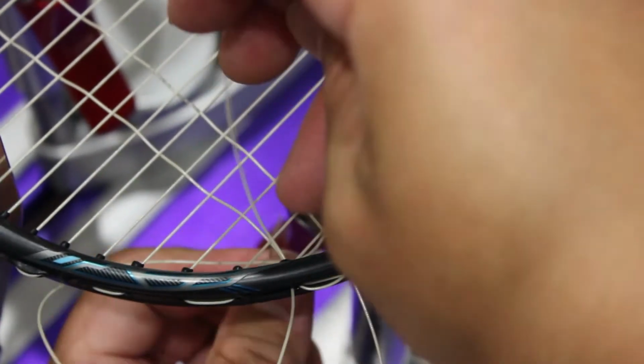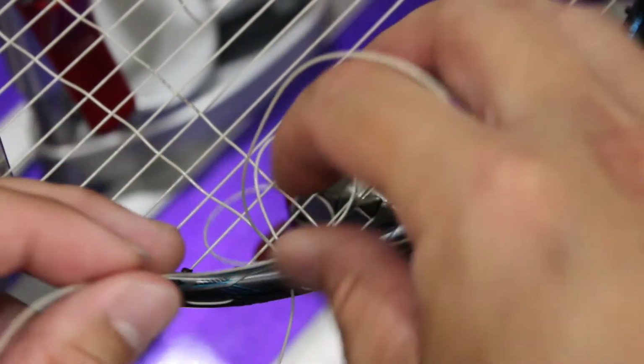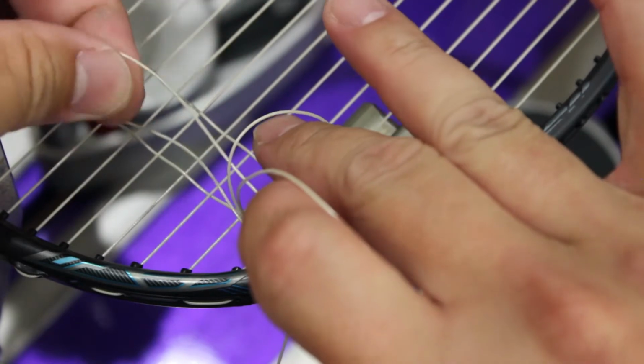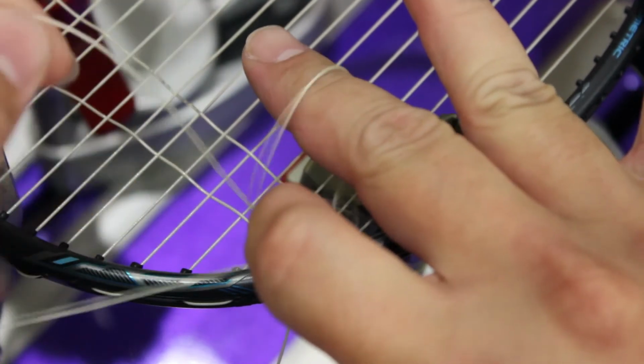First loop, second loop. As I'm coming up, I go through the second and first loops. Through, pinch the tail, pinch the third loop with my left hand, middle finger goes through the second loop, I'll pull on the third loop